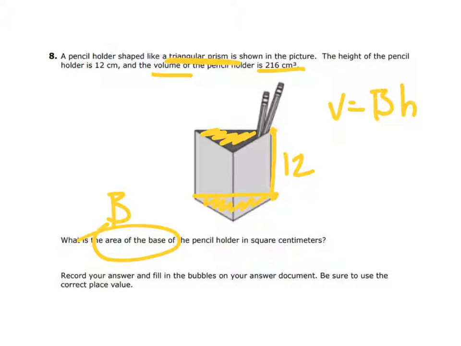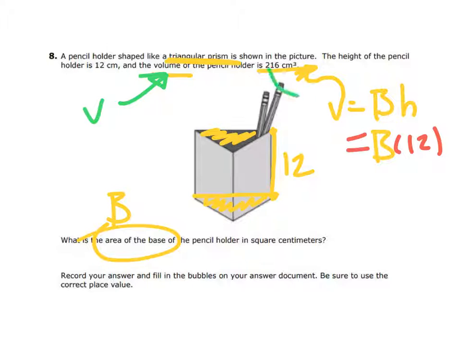Well, I know that the height of the prism is 12. I know that I'm looking for capital B, so I'm just going to leave that as capital B. What I need to realize, and a lot of you guys were making the mistake here, is what is 216 and how do I use it? Well, 216, it says, is the total volume of the pencil holder, which is going to be capital V. So instead of capital V, I'm going to substitute